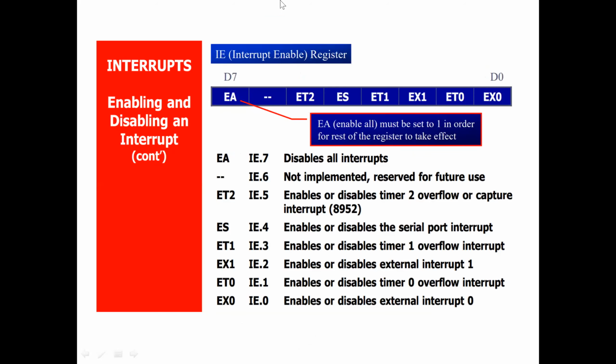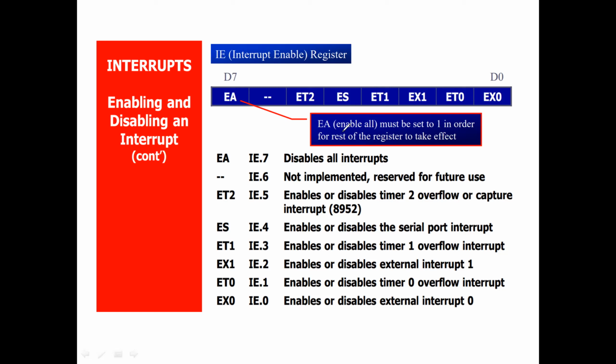Now I want to control the interrupts: I can enable all the interrupts, and I can also disable all of them. If I want to disable all the interrupts, I place 0. If I want to enable, I place 1.